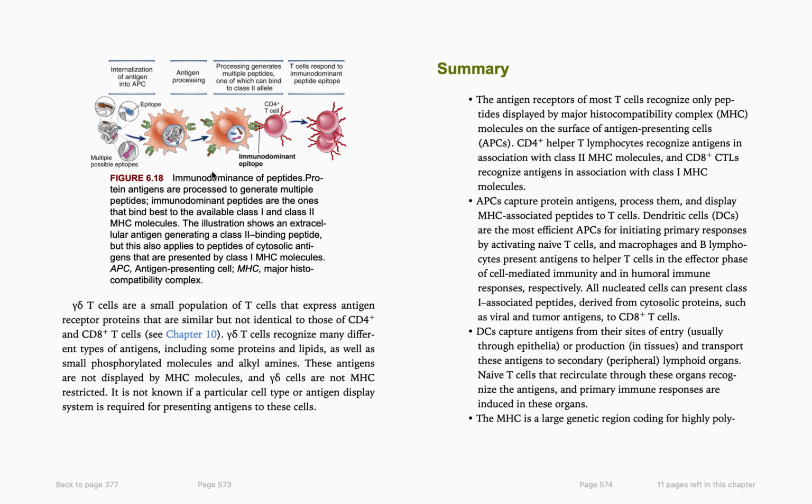Looking here, we have immunodominance. Peptide protein antigens are processed to generate multiple peptides. So we see the internalization of antigen into the antigen presenting cell, then antigen processing. Processing generates multiple peptides which can bind to class 2 alleles. An immunodominant peptide is taken. T cells respond to the immunodominant peptide epitope. So in summary,